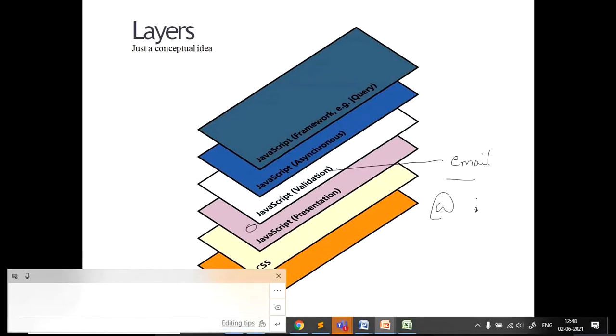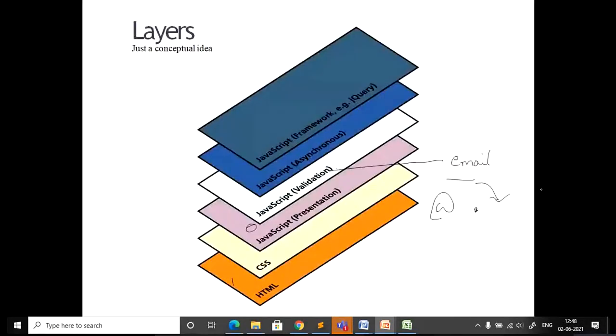If it is correct, the data will be sent to the server. Otherwise, it should raise a pop-up alert message indicating that the email ID is incorrect.